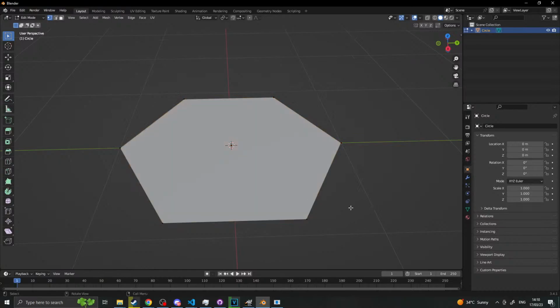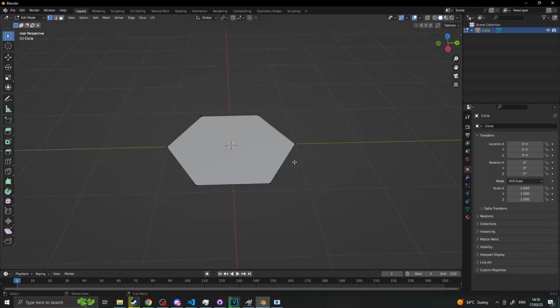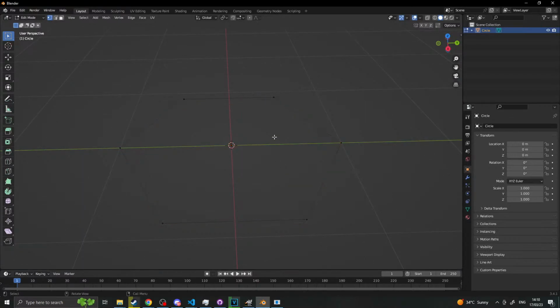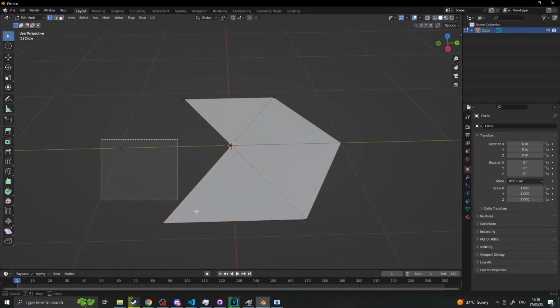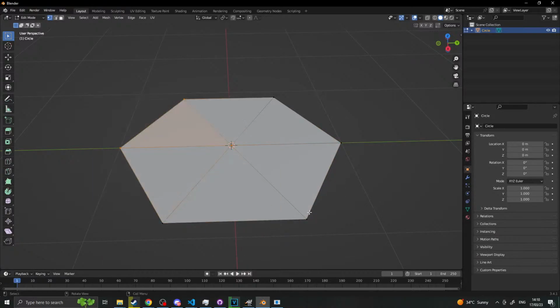Then if we go face, and then Control T, no, it's not right. I put that center face in though. I guess it's this face, this face, this face, nope. Don't know what happened there. Face, face, face, face. Alright, then we want to go A, and we want to right click, subdivide